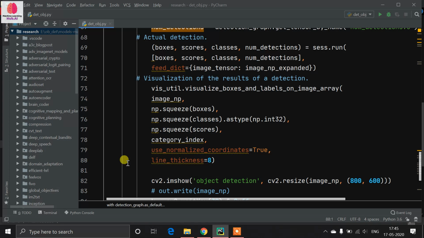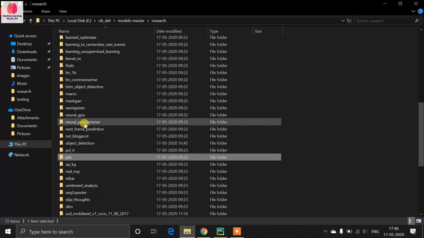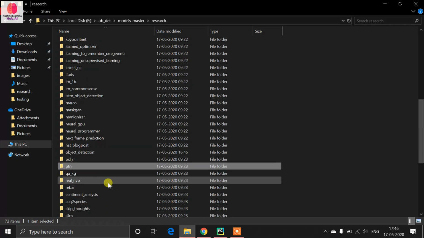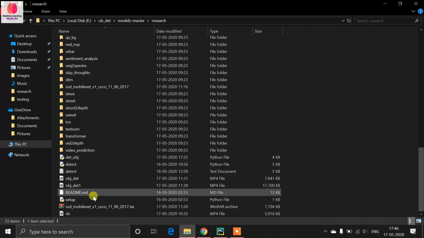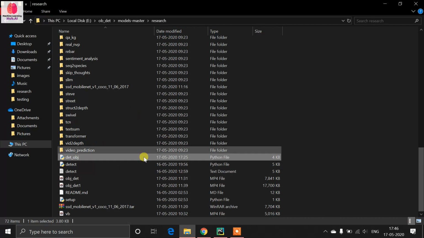Just cut the code from the object detection directory and put it in the research directory. Now this code is in my research directory instead of the object detection directory. You can see this is the code.